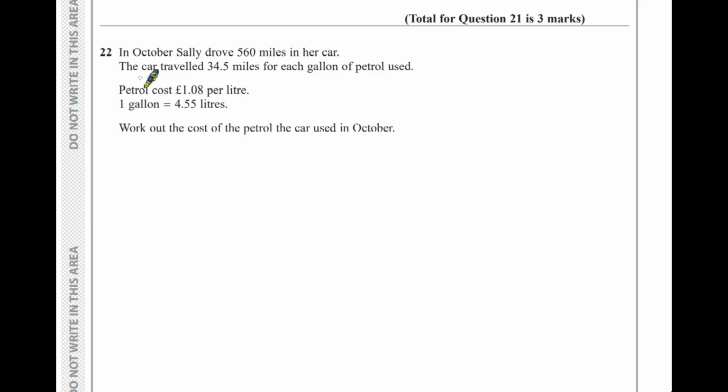So let's start by looking at the distance. We have travelled 560 miles. And we know that we are getting 34.5 miles for each gallon. So if we divide the distance by 34.5, that will tell us how many gallons used, and rounding to 2 decimal places, we get 16.23